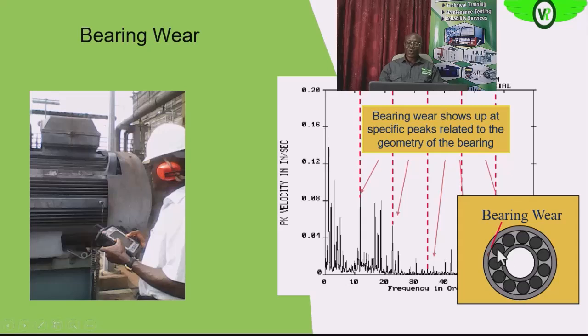Since we have 1, 2, 3, 4, 5, 6, 7, 8, 9, 10, 11 balls on this bearing, it means that information about this bearing will be seen around 11 times RPM, that is 11 times the fundamental frequency. So which is around this area gives us the bearing. Remember we said the inner race and the outer race,